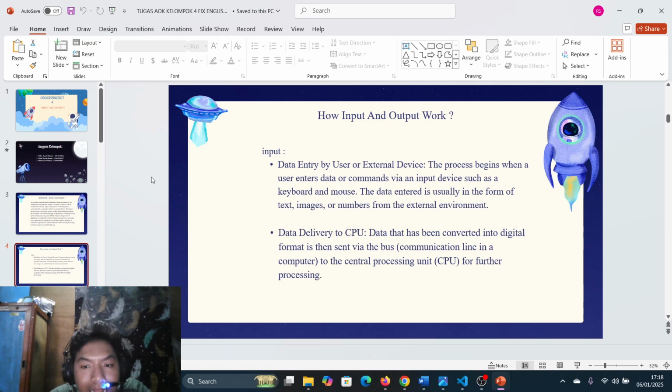The data entered is usually in the form of text, image, or number from the external environment. Data delivery to CPU. Data that has been converted into digital format is then sent via the bus or communication line in a computer to the central processing unit or CPU for further processing.